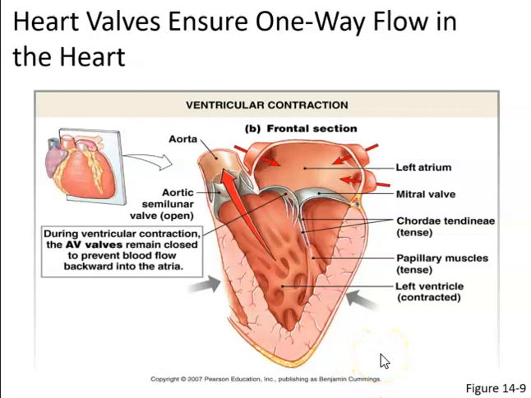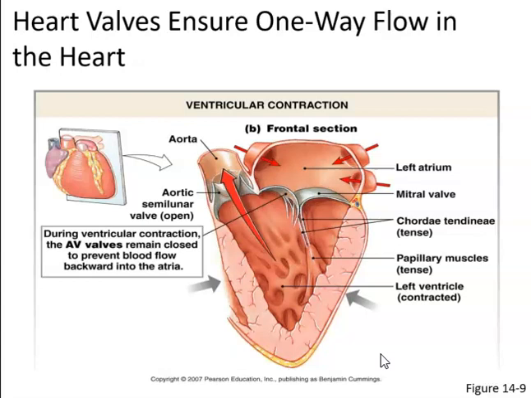So we have specialized structures within the heart that ensure one-way flow of the blood, and these are our heart valves. The valves within the heart prevent backflow, or what we call regurgitation, of blood. We have the semilunar valves. The semilunar valves are shaped like half moons. This structure fills with blood to help close the semilunar valves to help prevent regurgitation back into